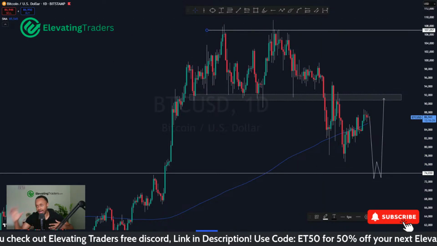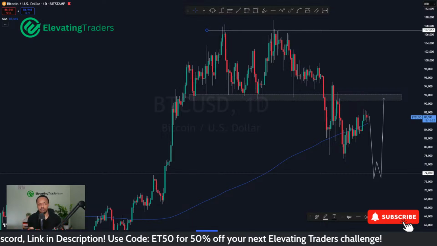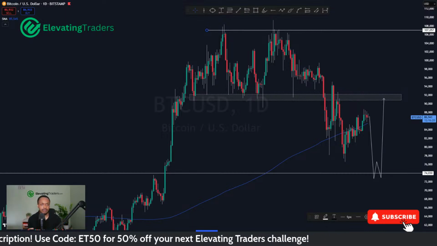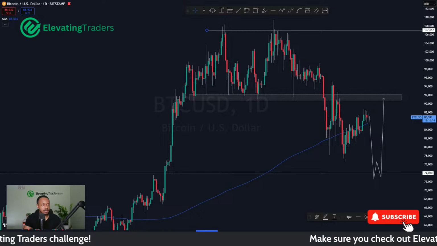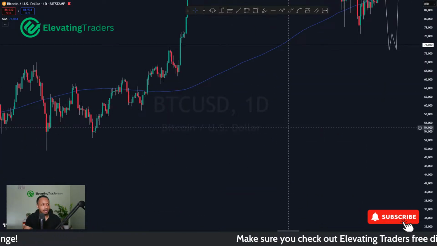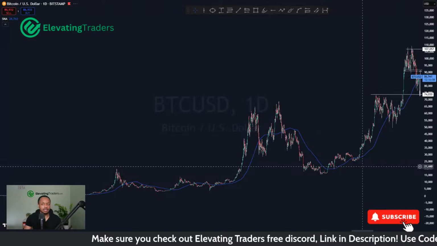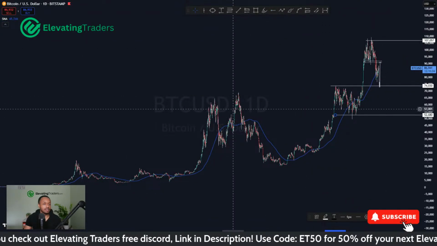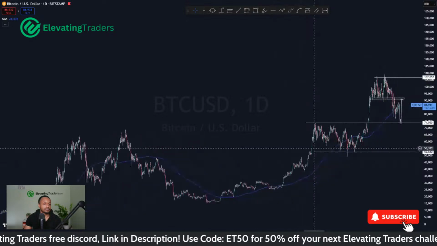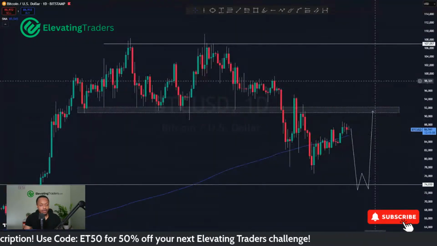I feel like we might have a much deeper correction, maybe 50%, something like that. And 50% from 108K is roughly 54K. So that could take us back to here roughly, which is not that big. It is in percentage terms, but only back to here is nothing too crazy. So yeah, that's kind of where I'm at with Bitcoin.